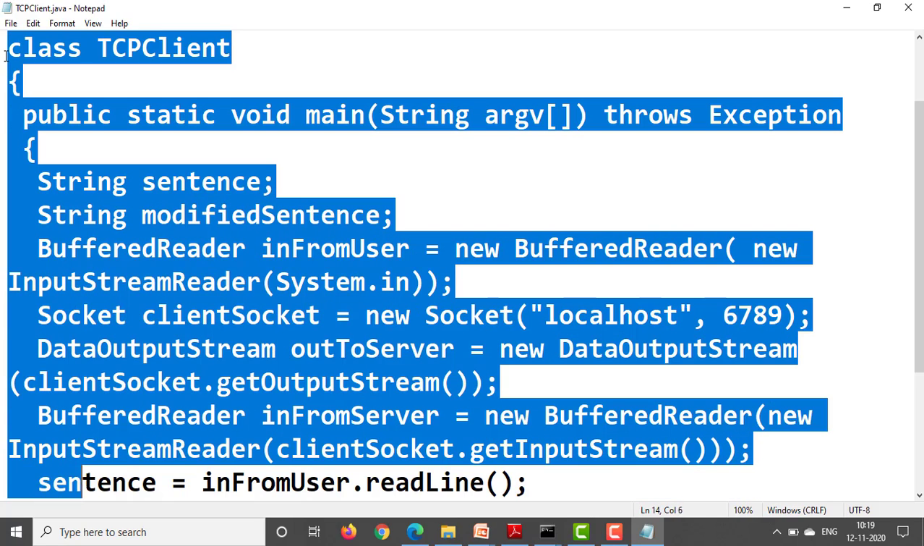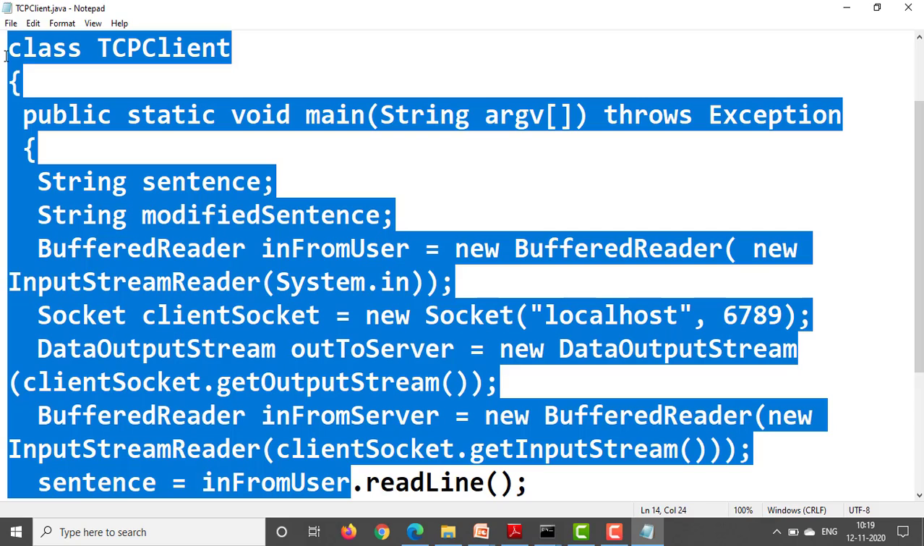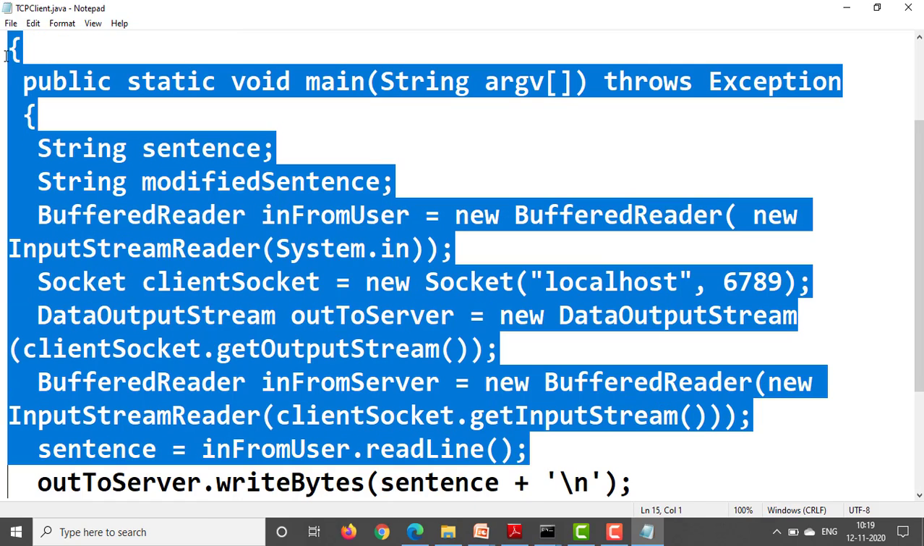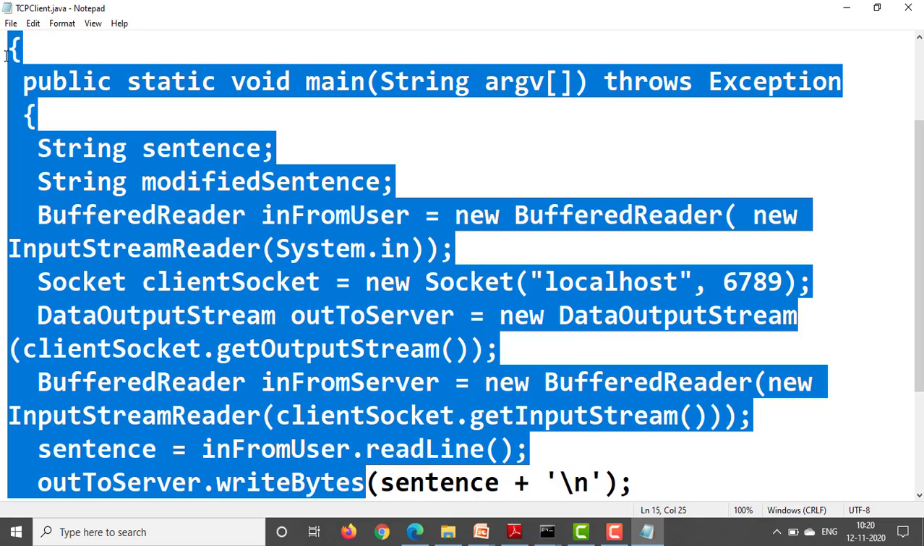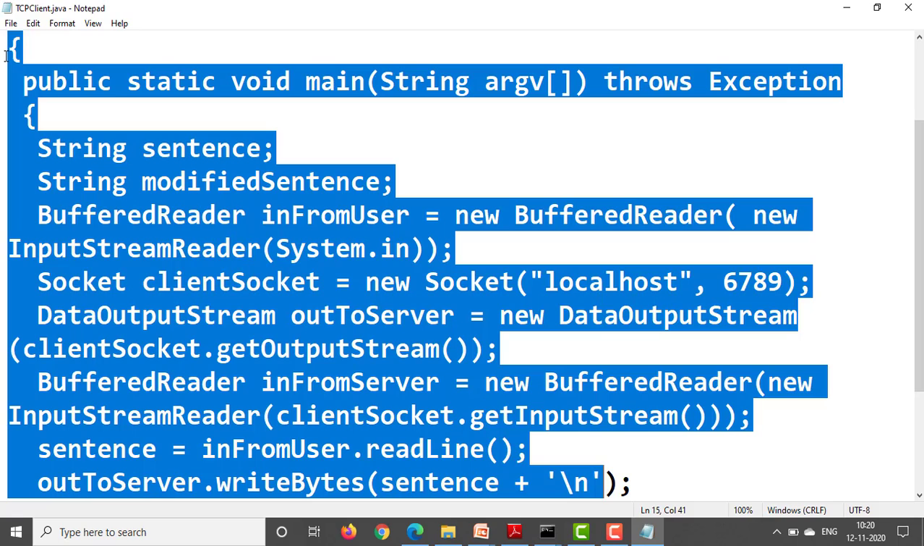Next, sentence = inFromUser.readLine(). By using the readLine method we are taking the input from the user. Next, send the data to the server: outToServer.writeBytes(sentence + '\n');